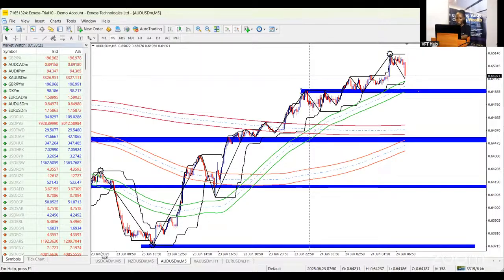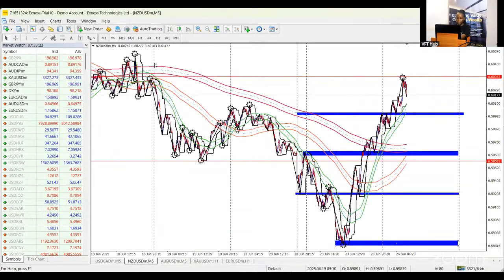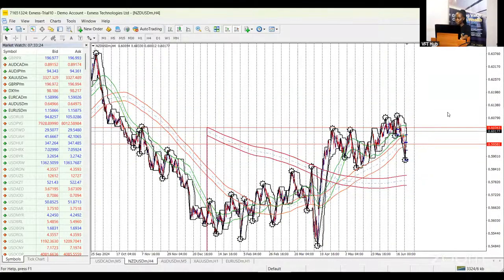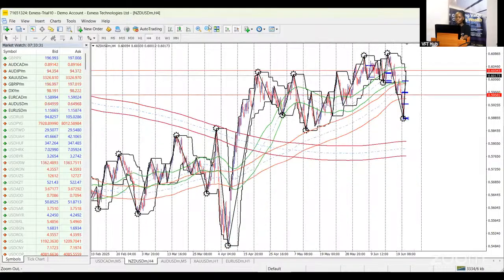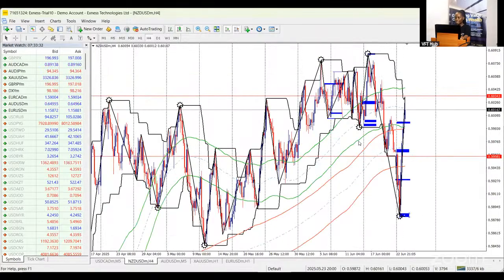Also looking at NZD USD on the H4 time frame as well. Sunshine printed, we expected retracement, but price looks like it's also violating different levels that could have served as resistance to continue the most recent price action movement to the downside, right? So H4, are you going to hold here? We're going to keep watching.